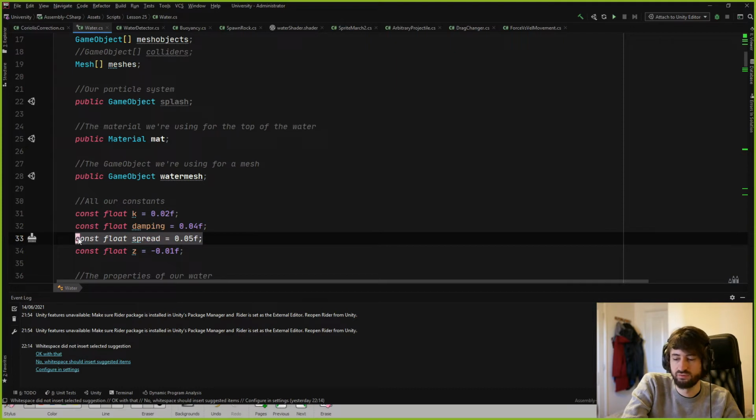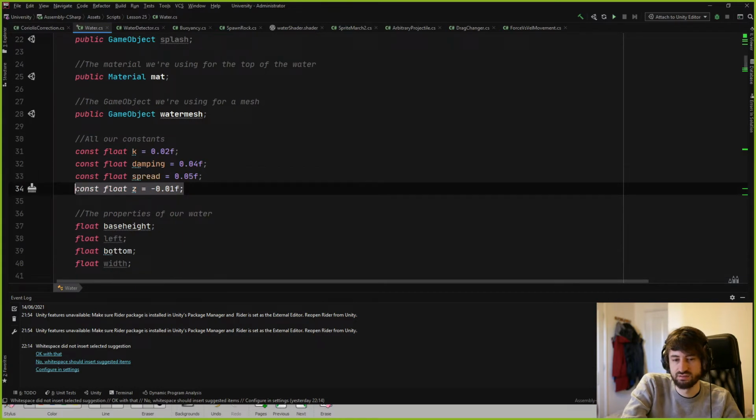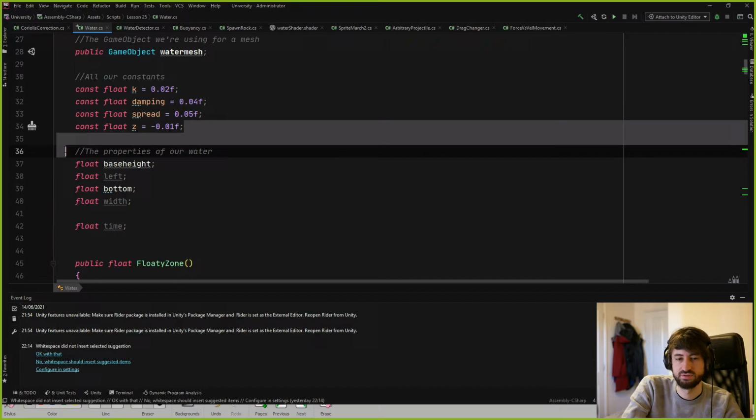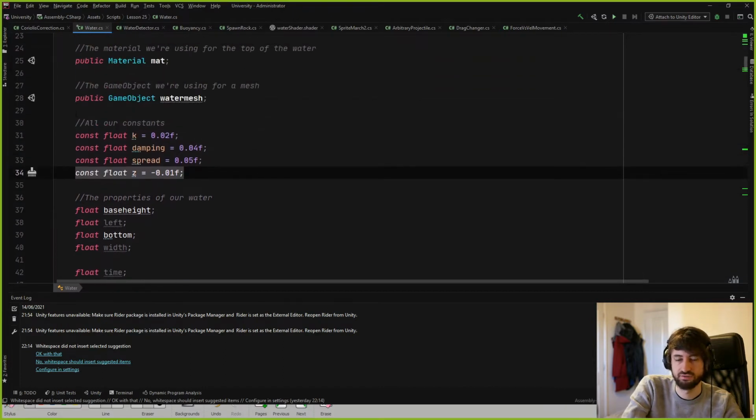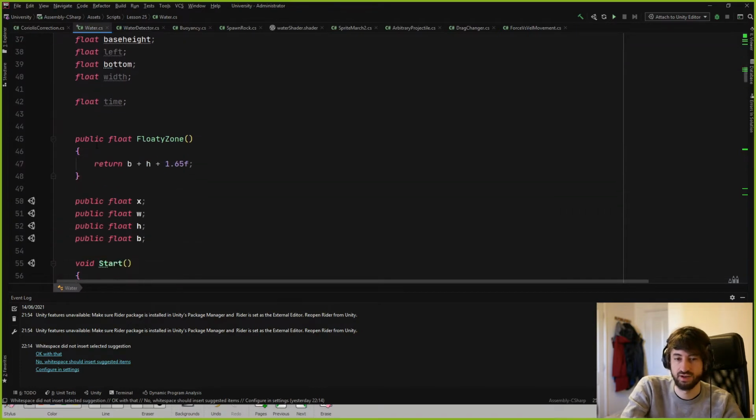So we're not bothering with all that cos sine stuff, we're just working with a spread variable that will do everything we need. And then this Z is just the Z position, which I apparently put right behind 0, probably so it appears in front of things, although that's not how things work. I didn't understand shader draw order back then. But anyway,